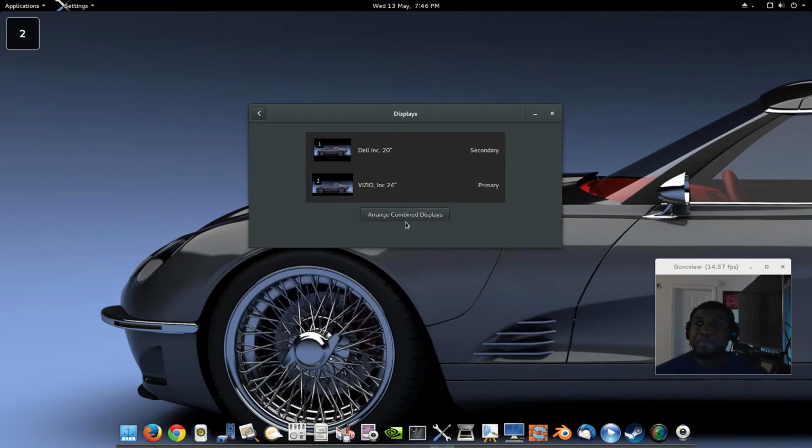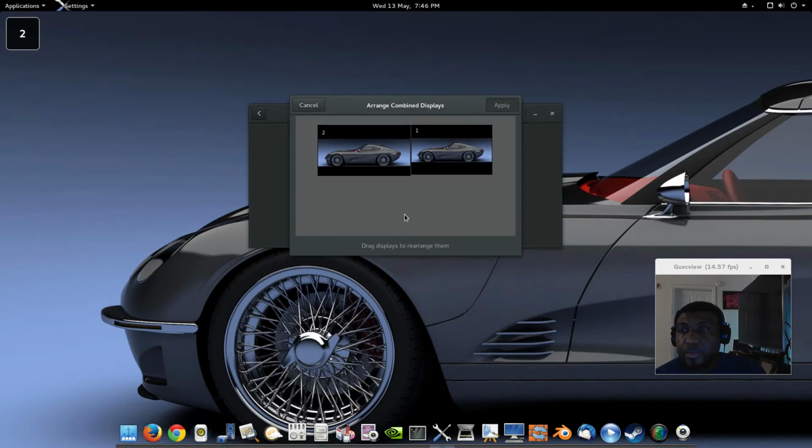Displays right here. The reason why I'm going to show you the application that's in my panel later is because I've been having some issues with spanning images across both of my screens, so I had to install that separately. But right here, in retrospect, this is the native setup that you have here, which